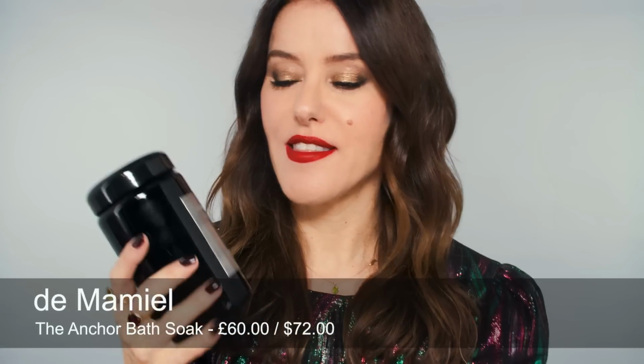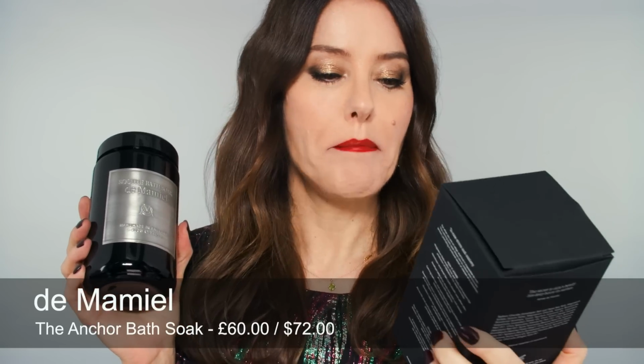Okay, this is what we all need. This is the most beautiful bath salt set I think I've ever seen. It is by Demamiel, which I think I've mentioned some of their products before. This one is a magnesium and sandalwood, but it's full of amethyst, all kinds of oils, and I can't actually open it because I don't want to open the top, but I can smell already. Oh,